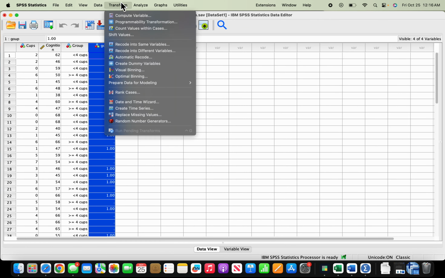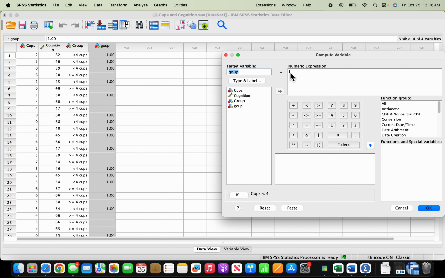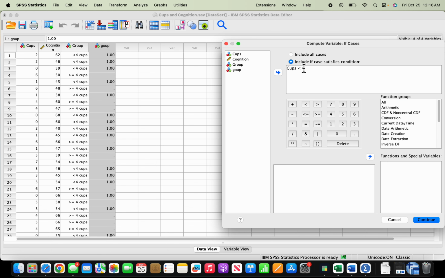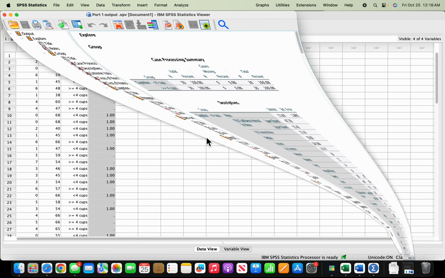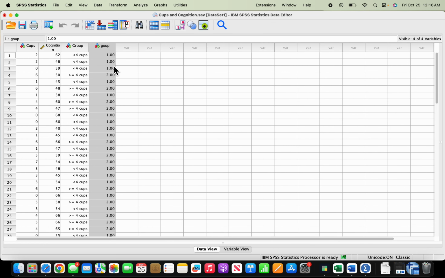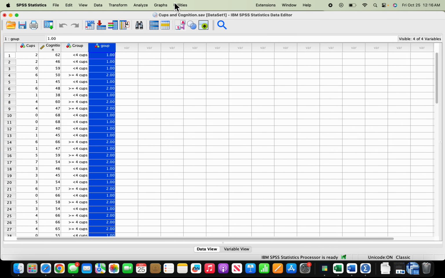Anyways, it entered that. Then I'm going to do the same thing for my second one. Change my numeric expression to 2. For some reason, SPSS sometimes doesn't like if you use 0. So sometimes it just doesn't work. And here I just changed this to greater than or equal to. So continue, make sure my numeric expression is changed to 2 so they're separate. Okay, I don't know why this keeps popping up, but anyways, as you can see here, it changed it,